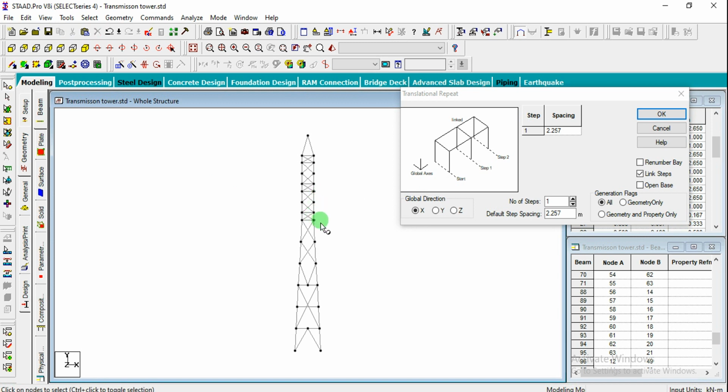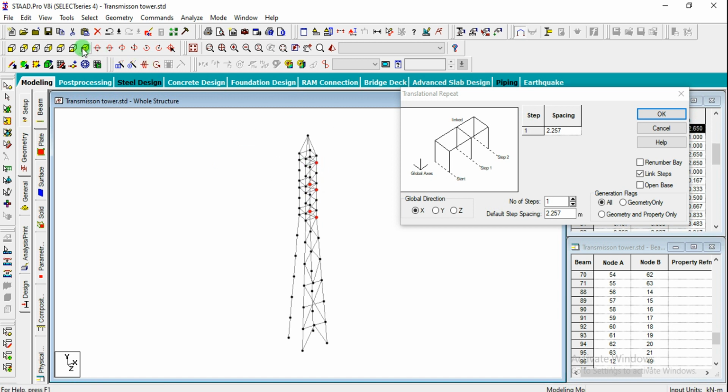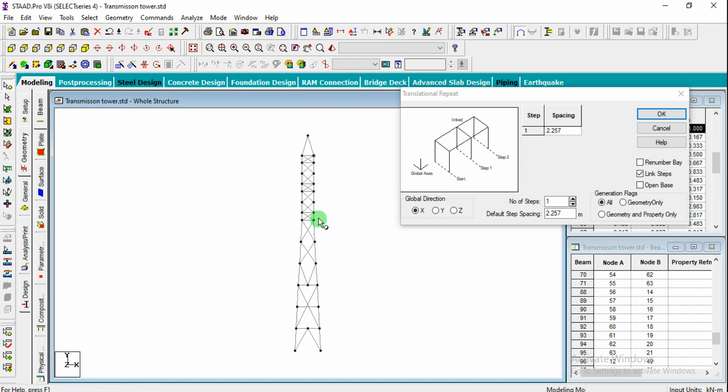Okay, so 1, 2 and this is 3. So here one node has not been selected. Simply by using the arrow keys on the keyboard, you can select the members there, whatever members are required there. Let us reselect again.